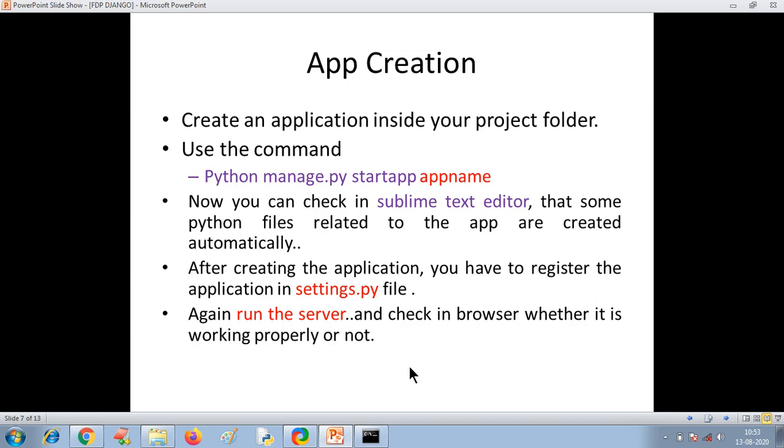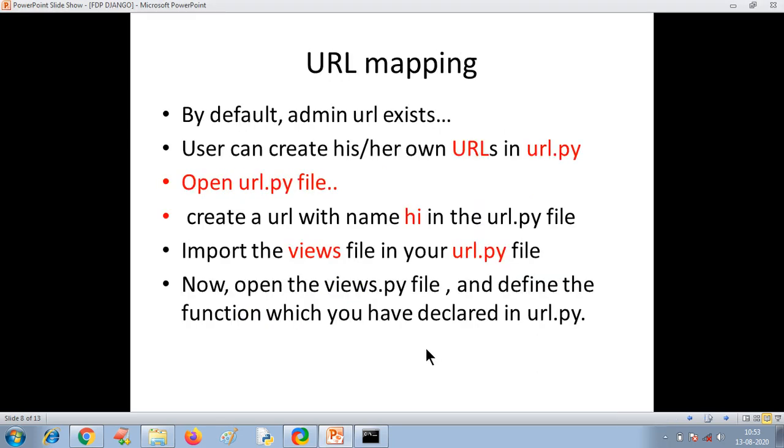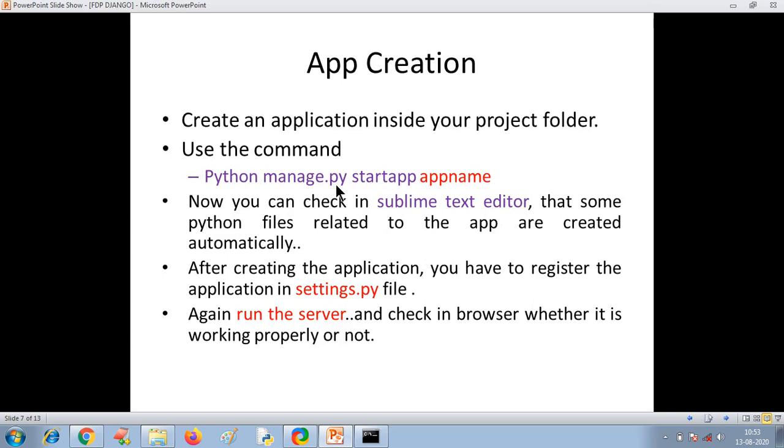Account module, that is another application. So many applications you can create in your project. So to create applications, you need to use this command: python manage.py startapp app name, right? You need to run this command.